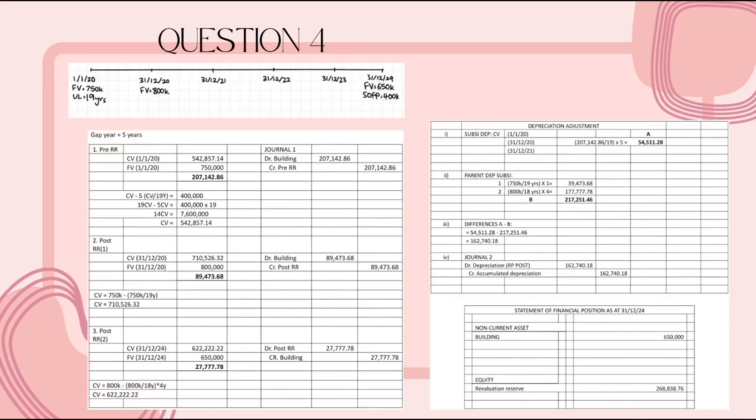We will get 162,740.18. So in the journal, it will be debit depreciation RP post 162,740.18 and credit accumulated depreciation 162,740.18. Lastly, for the statement of financial position as at 31st December 2024 extract, in non-current asset, we have building with the amount of 650,000, and in equity, revaluation reserve with the amount of